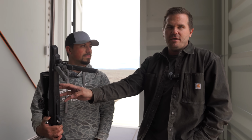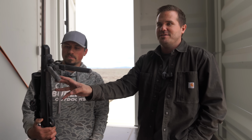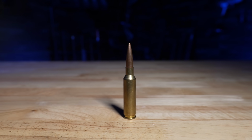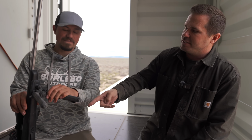Well, everybody has a stock that's compatible with the Tikka T3X. Virtually every stock is going to be compatible, so switching that is easy. You want to upgrade the trigger? Every brand will have one compatible with the Tikka. Same thing with the barrel. Let's say this is a 6.5 Creedmoor and you say, oh, I really want the 25 Creedmoor as a new one. Whatever you want, you really just need the barrel, screw it on, and you got a